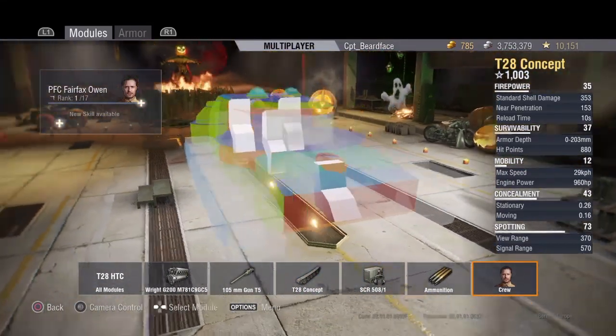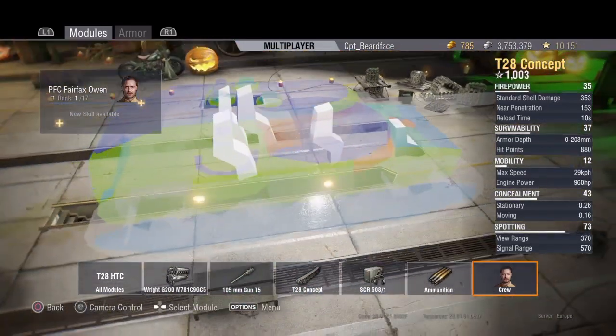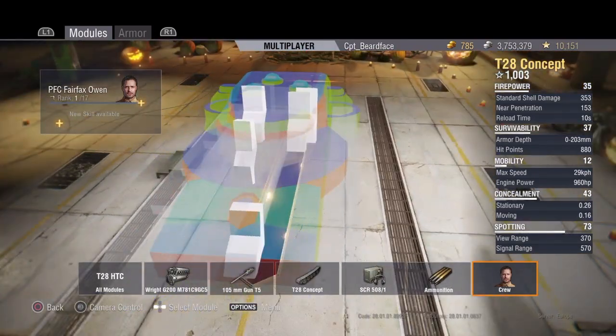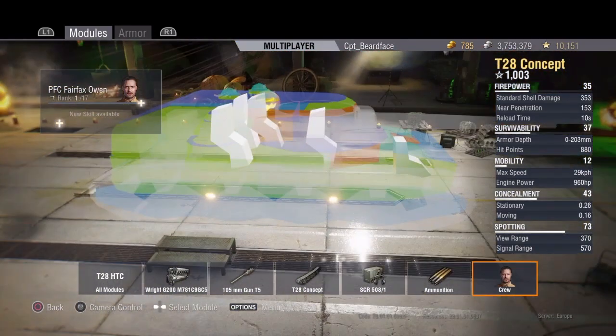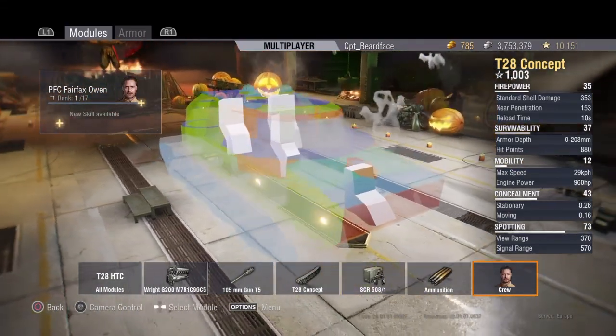5 crew, so you've got the driver in the front at the middle, the commander possibly under that tiny little cupola there, little bobble on top, the gunner just behind the gun, and possibly the radio operator and maybe a loader in there as well, but at least you know where they are if you want to try and take